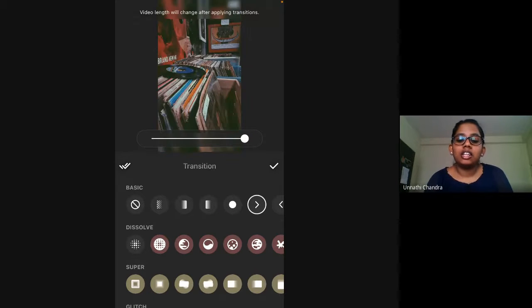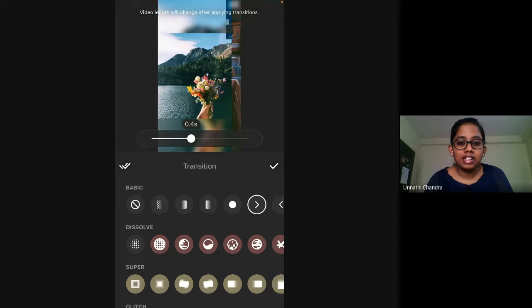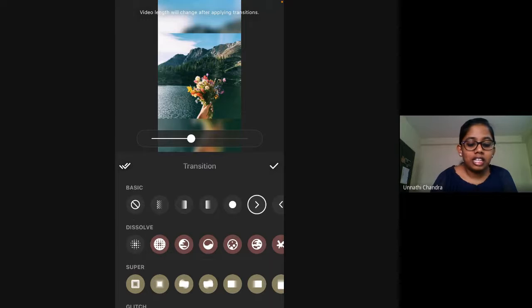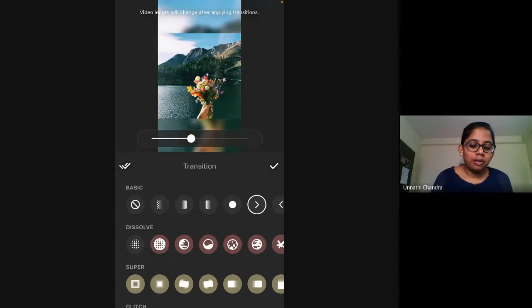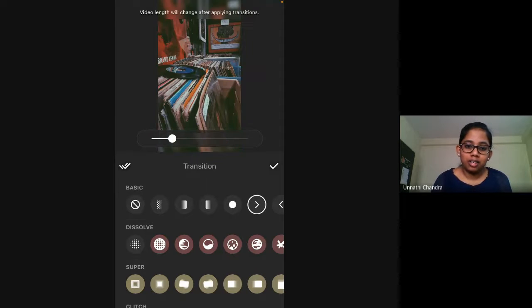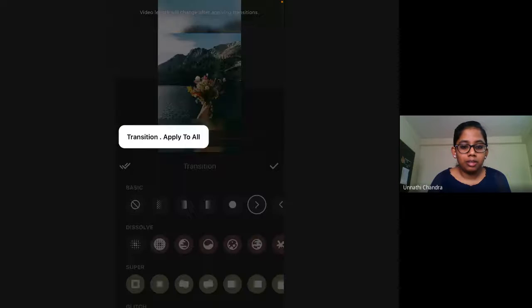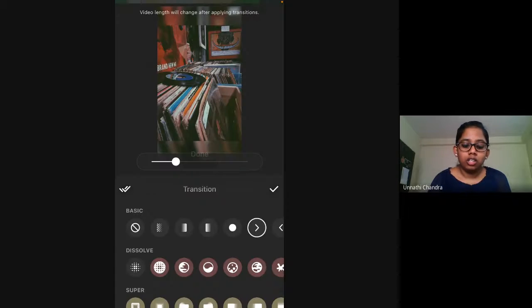And here also again, you can select the duration. You can see this bar over here, right? This is nothing but the duration of your transition. If you want your transition to be short, you can shorten it. If you want it to be long, you can increase it. As we selected the duration of the photo as 1.5 seconds, we'll put less duration for the transition, because if we don't, the transition will take up all the time and the photo will be displayed for only a little while. So maybe we'll take 0.3 seconds as a transition and click on this double tick and click apply to all. The same transition will be applied.